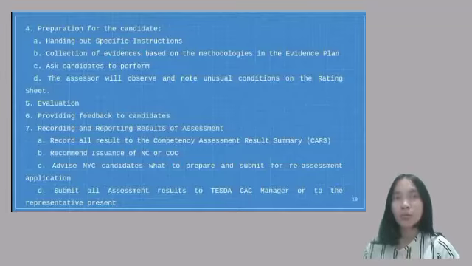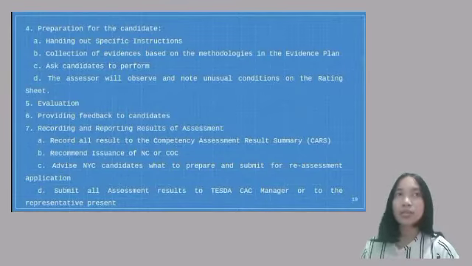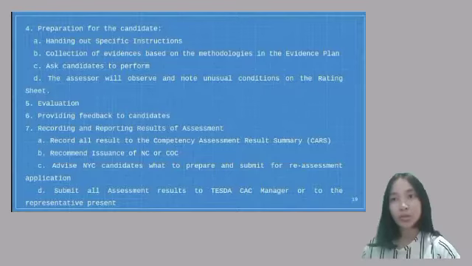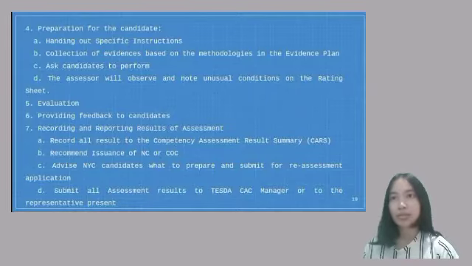Like what I've said before, first is the written test. After the written test, ask candidates to perform the demonstration. And the assessor will observe and note unusual conditions on the rating sheet. After everything, after the assessment, after the written test and the demonstration,